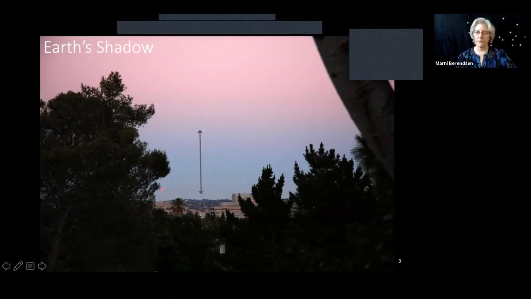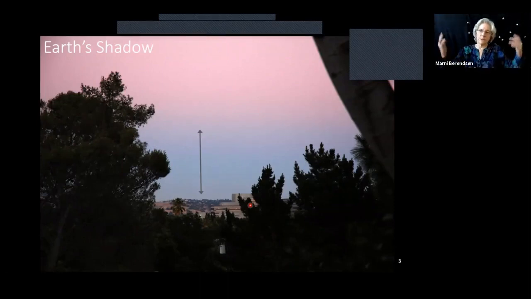This is our atmosphere, and this blue band, if you look to the west, opposite where the sun is setting in the evening, just after it's set, you'll see this blue band across the sky with this pinkish band above it. And that blue band is where the Earth is starting to turn into its own shadow. That's Earth's shadow there. And it gets higher as the Earth turns farther into its shadow. And of course, standing in the shadow of the Earth is nighttime.